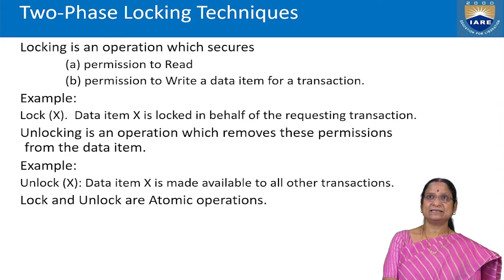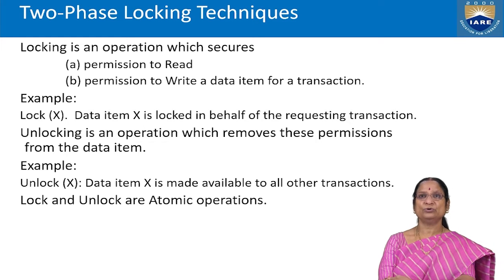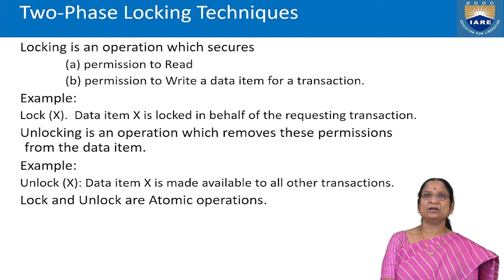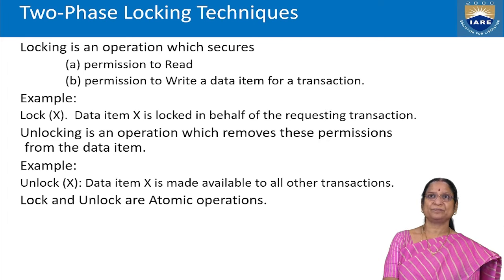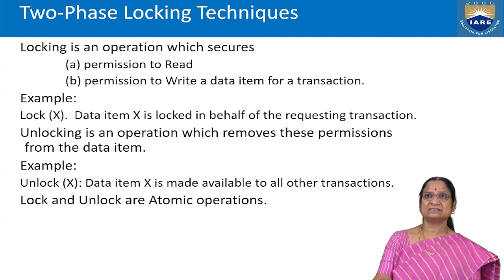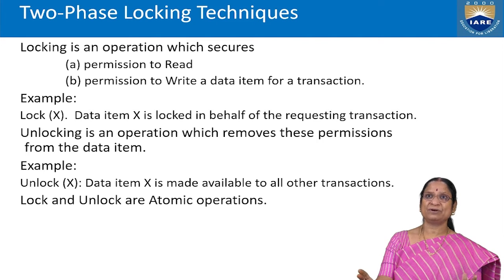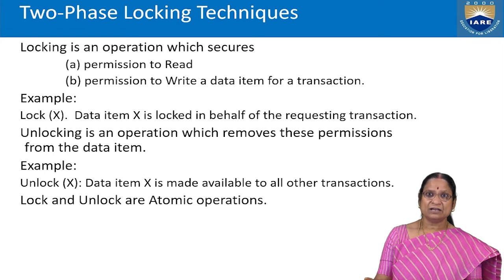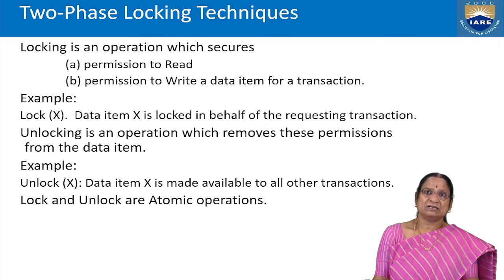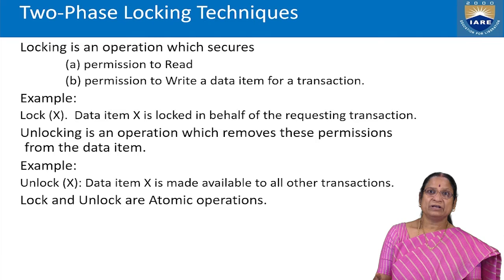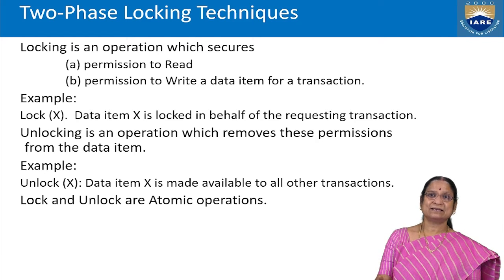And various techniques we will follow to avoid these types of rollbacks. One of the techniques is the two-phase locking technique. What is the two-phase locking technique? In this locking technique, the system will provide some permissions on read and write operations, because the problems with such types of cascading rollbacks